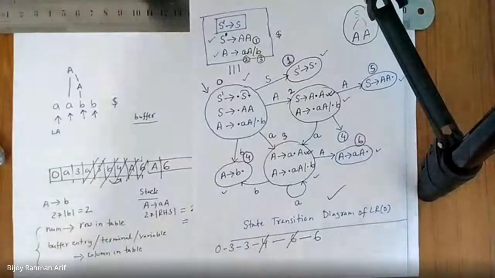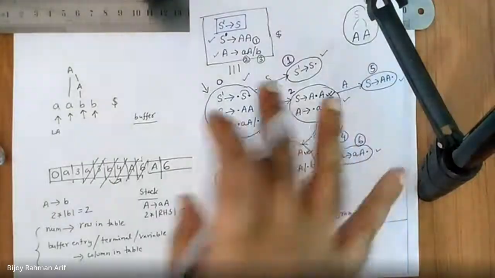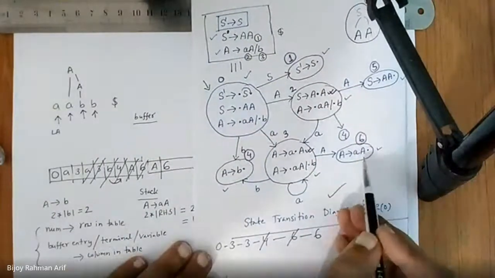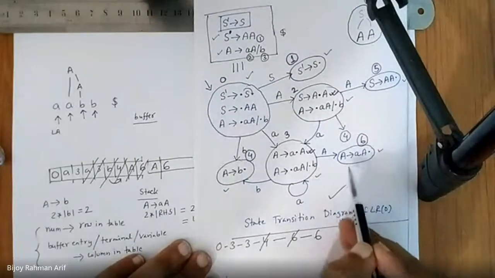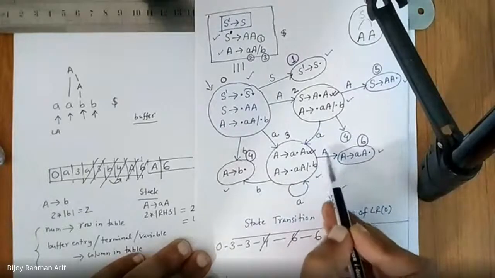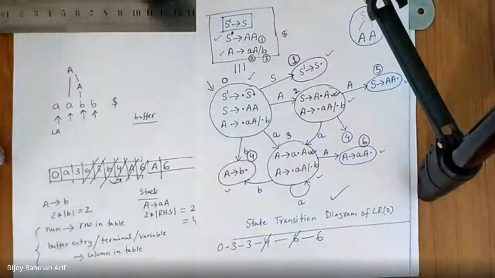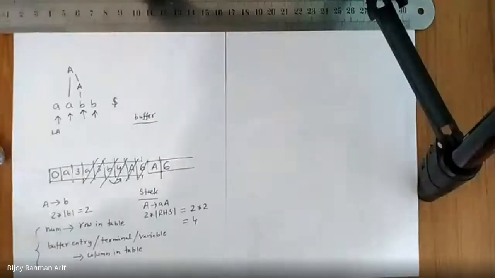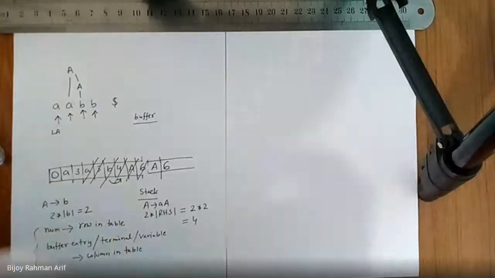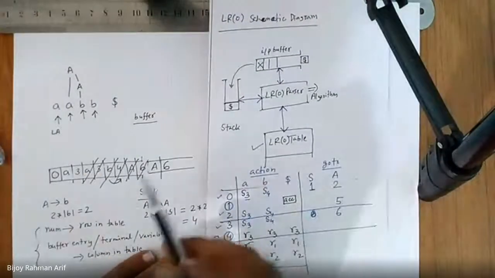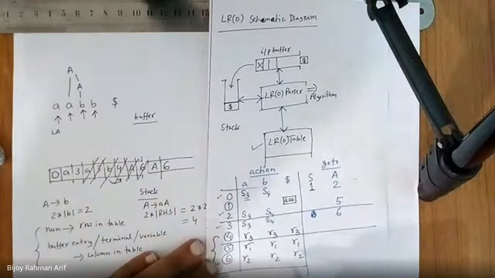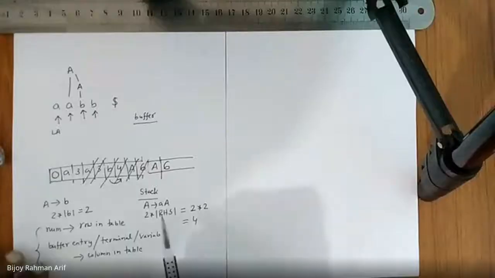Did you get this point? This is happening in the diagram. You go to 6, you reduce using this rule, you come back to state number 3, then again A, you go to state number 6. Is it clear, guys? Yes, sir. Okay, then go to the next one. So we are in state number 6, seeing a B. 6 seeing B. What is the rule? Reduce using rule number 2. Same rule.